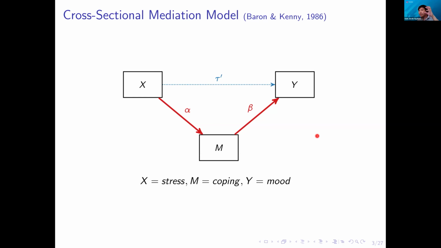But in this particular model, we situate these variables such that we are saying that X, stress, has an effect on Y, mood, through a mediating variable M, which is coping. In this example, which is cross-sectional, we only have a single snapshot of all the variables measured at the same time. So the narrative is just one picture of the associations between these variables at a given time point. It's very static. There's no dynamism in it.